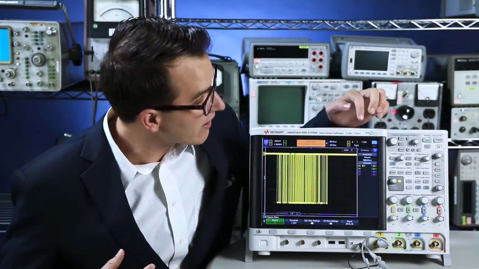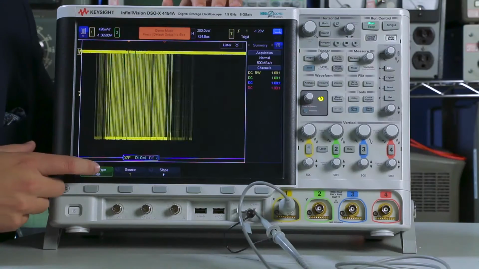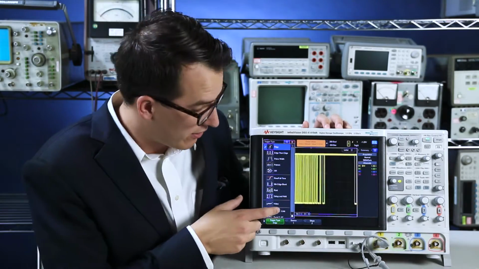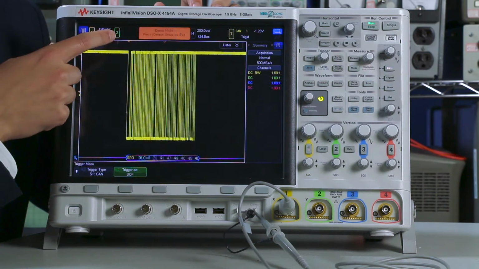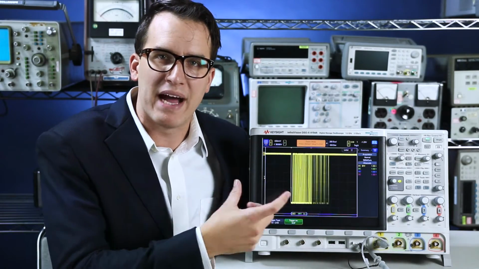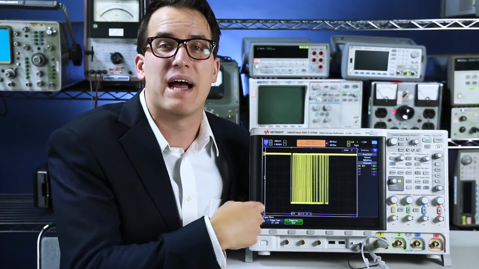And then once your thresholds are set up, you're probably going to want to change your trigger. So this scope has a built-in hardware trigger for protocol built into the ASIC. So I'm going to hit the trigger button. And let's change my trigger from an edge trigger, which is how my scope booted, to a serial trigger. So I'm going to select serial down here. And then I'm going to trigger on a start of frame. And now you can see my packet has stabilized on the screen and I have packets coming through.